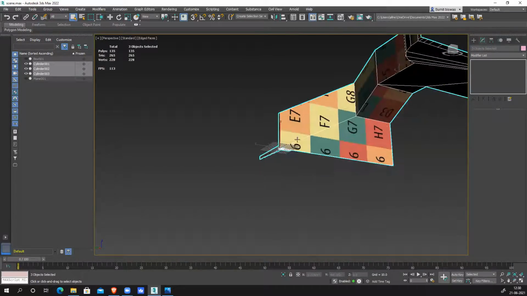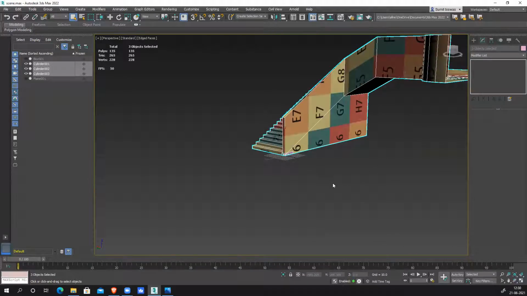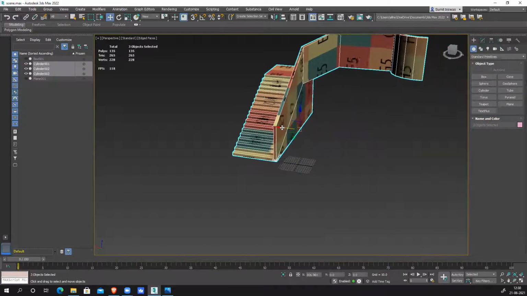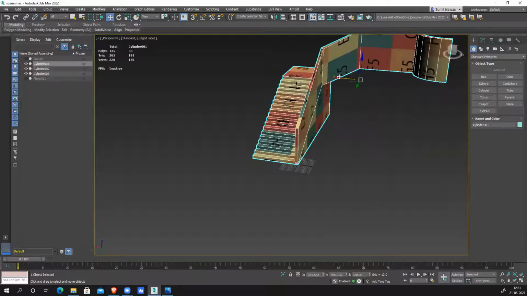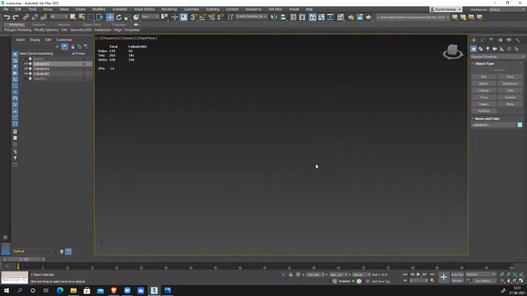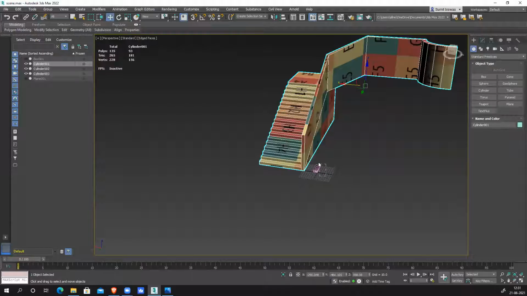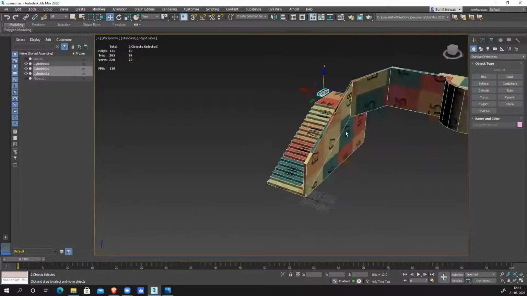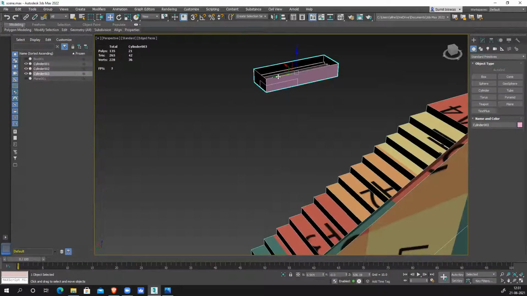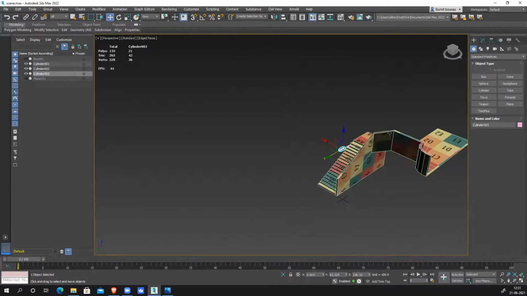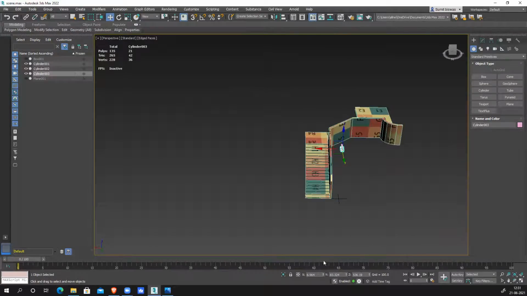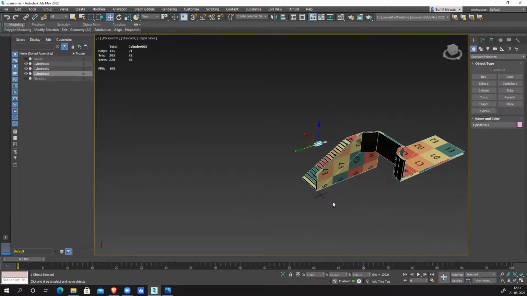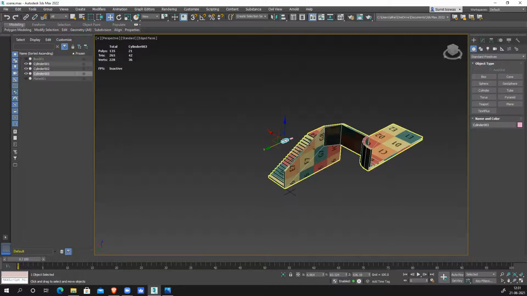So for texturing them, I cannot keep it like this. Just for texturing, I have to move my model so that there is no intersection. Select these two. I can keep it somewhere here. This one. This is only and only for texturing. This is not my final model. I'll export it and push it back to the origin, and then export it. All three of them separated, so texturing becomes easy. There is nothing overlapped. Select the model.